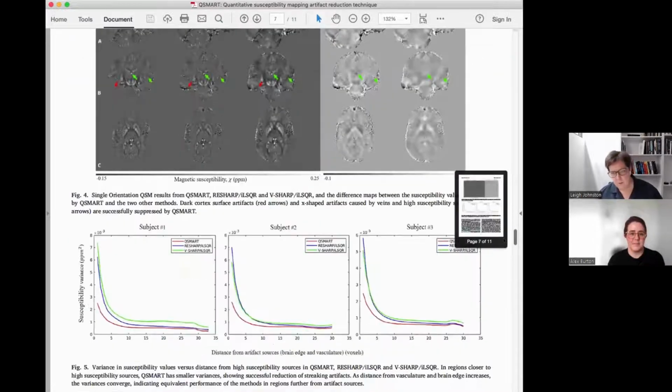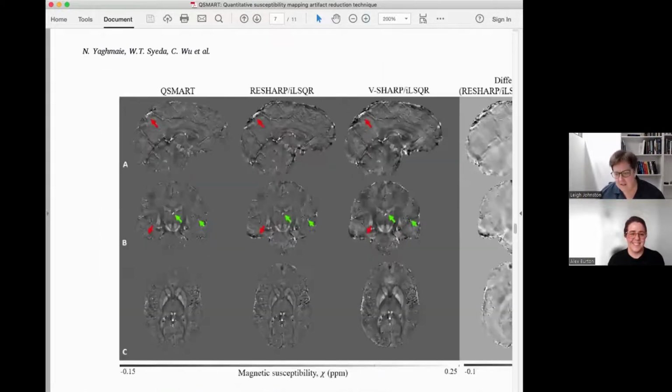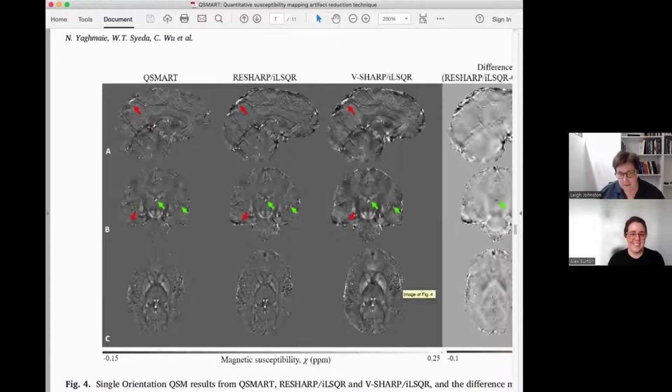But of course, I'm going to say that we've got the world-beating technique in QSMART. And what we do here is essentially have a way of removing the artifact better than the existing methods. And so here is our QSMART technique on the left-hand side, and here are two other comparison methods. And again, I won't go into any details here, but hopefully you can see that if you want to avoid the streaky artifact and these black-white banding around the cortical surface and at the vasculature, then this QSMART method really cleans up the images. And it cleans up the images without doing the kind of dodgy brain erosion tricks that